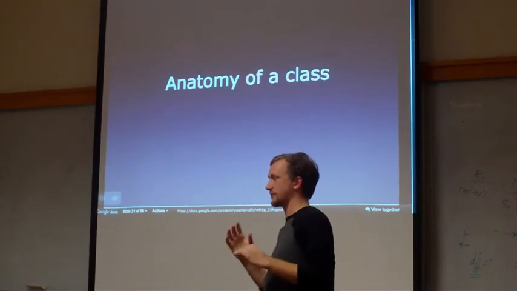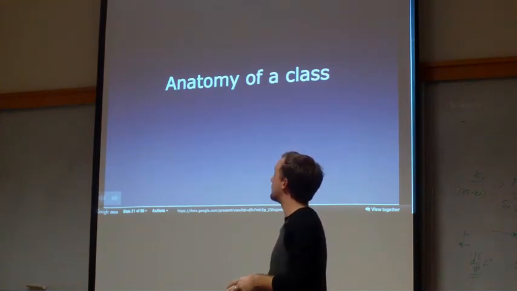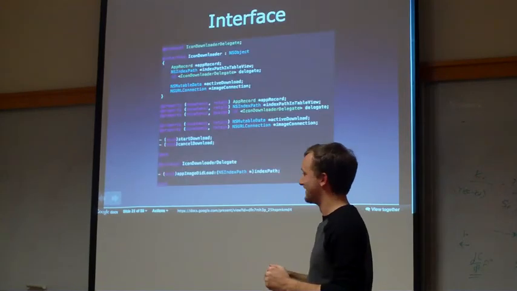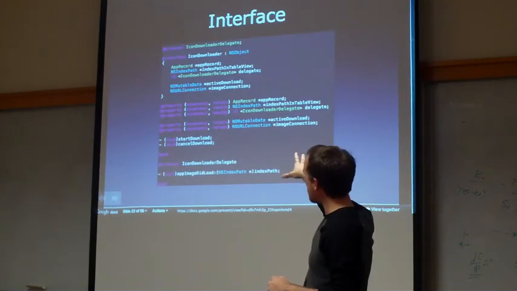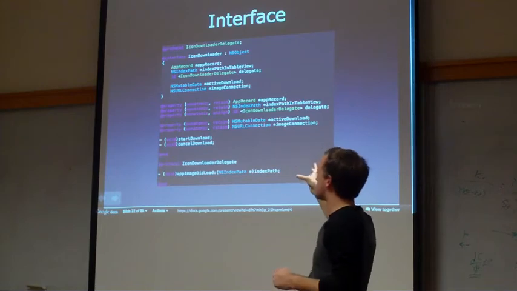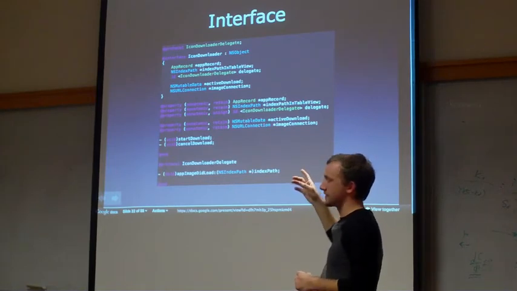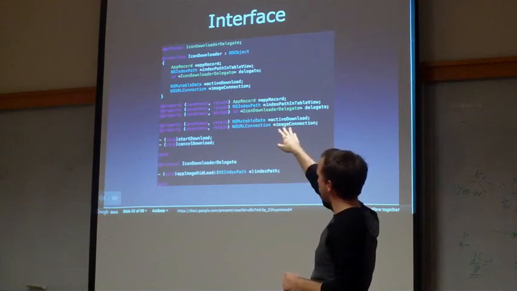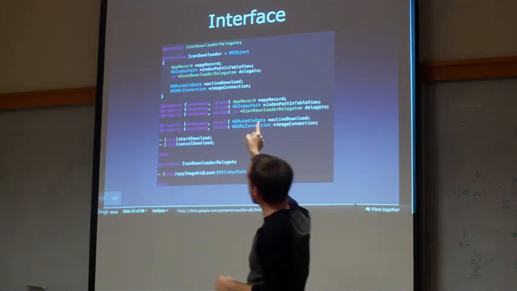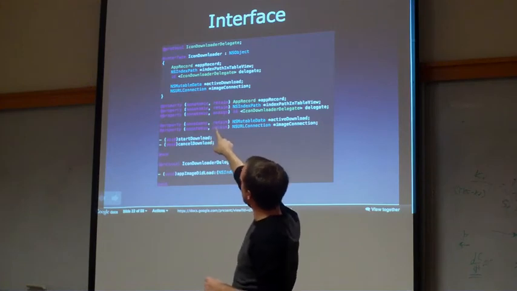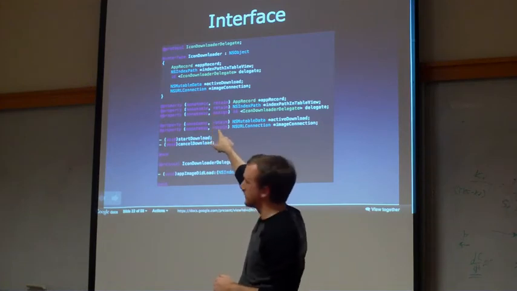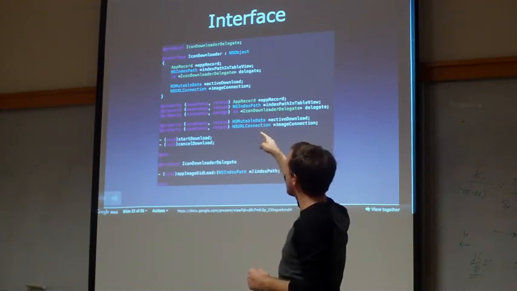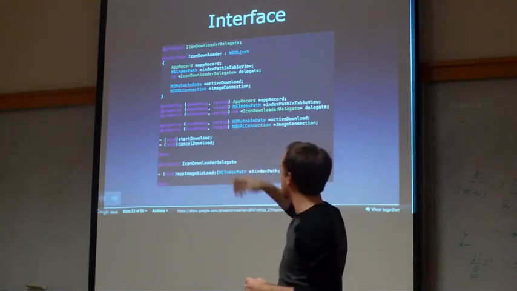All right, so I'm just going to show you a quick example of an anatomy of a class. This is a basic view of the class. This is taken from one of Apple's example programs. The delegate stuff we're going to get into, so kind of ignore the very first line. The interface is our declaration of the class. IconDownloader is the class name, NSObject. So IconDownloader is a subclass of NSObject.